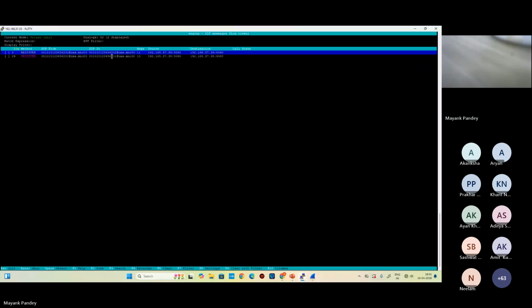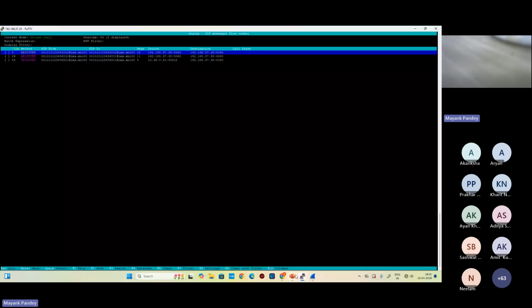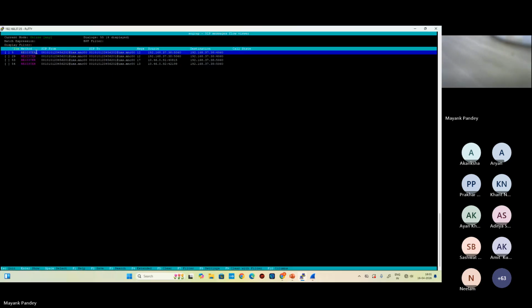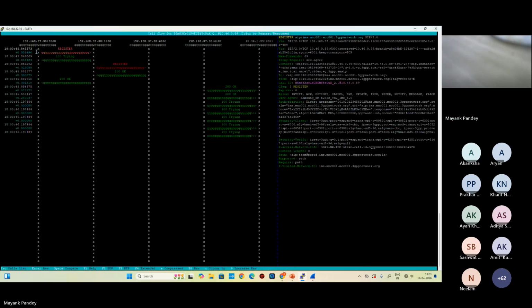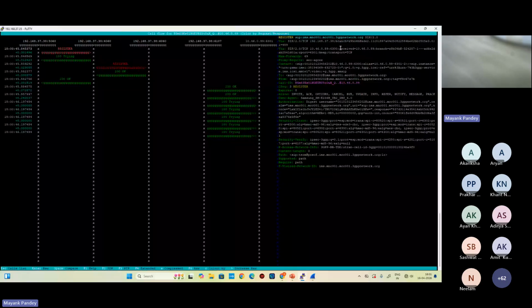See here, we are able to see the register messages, the way I told you. Registration messages. So it started with the node. So this is the IP address of the node, and then it was getting forwarded to the different nodes. So this is, you can see, I told you,